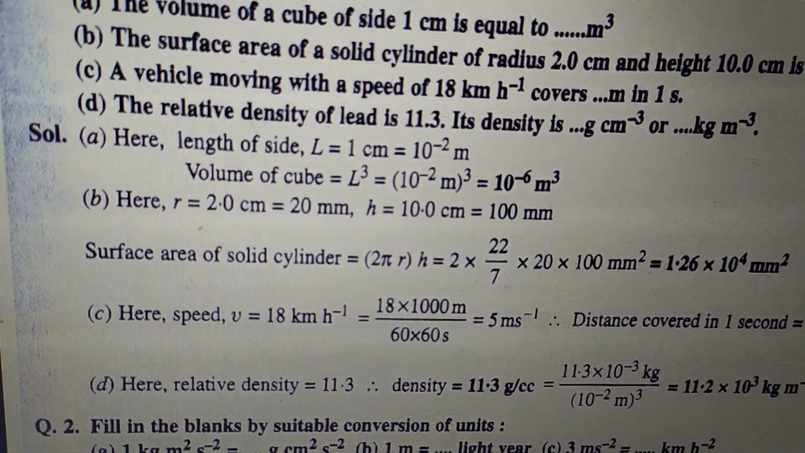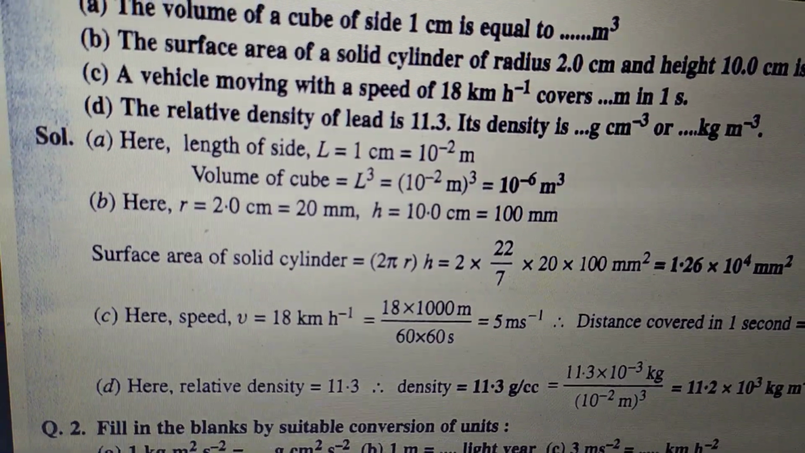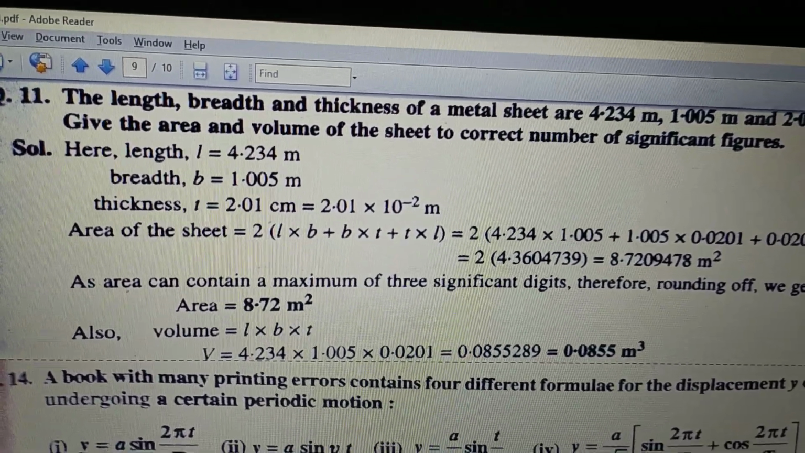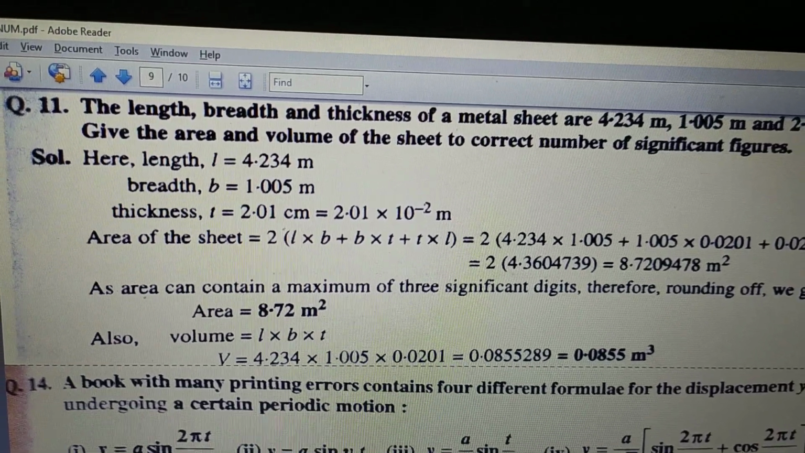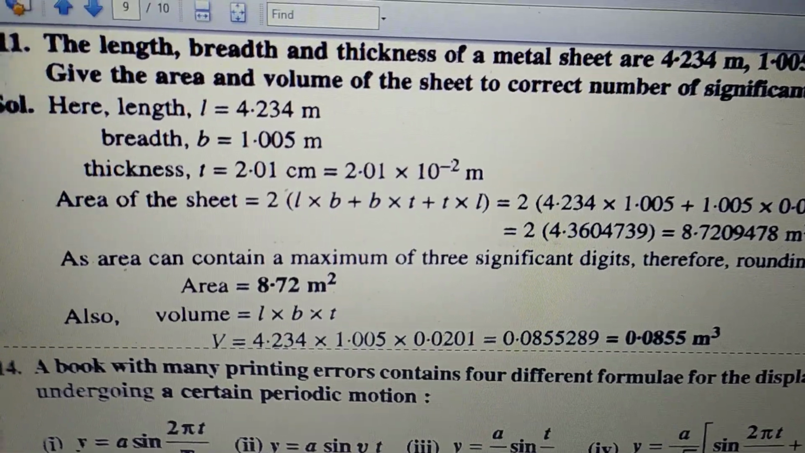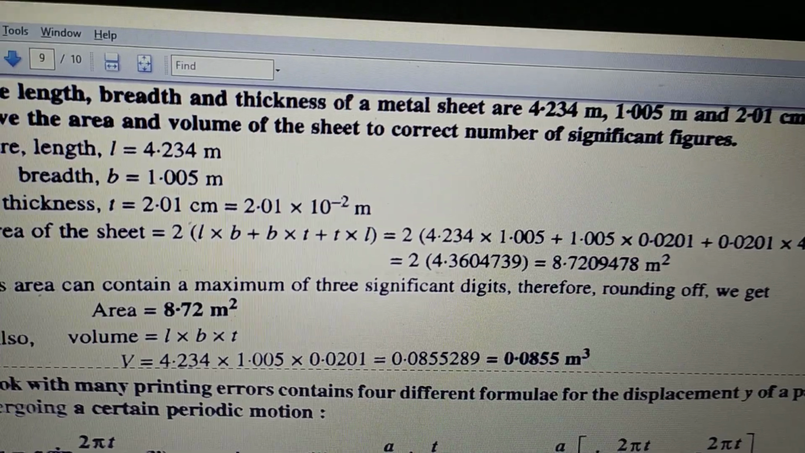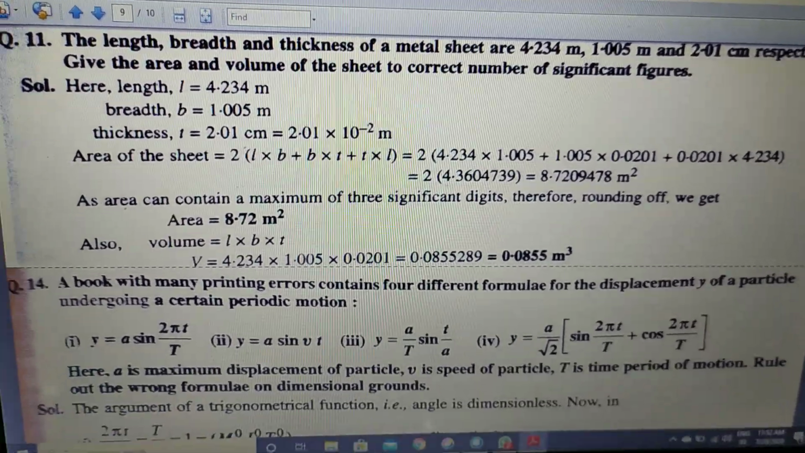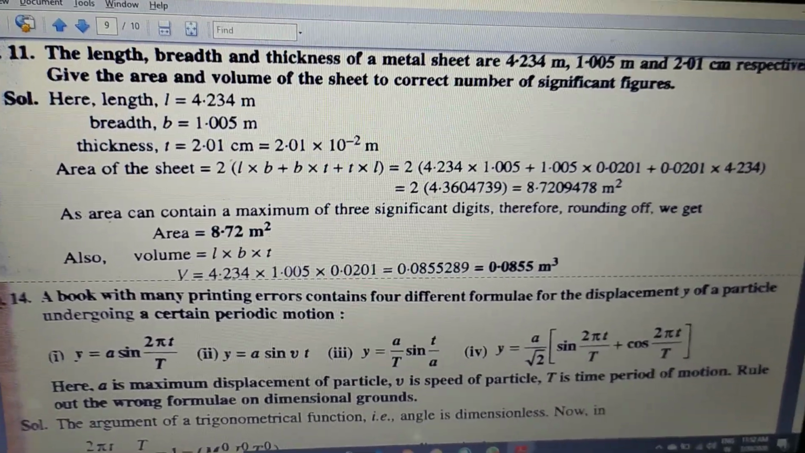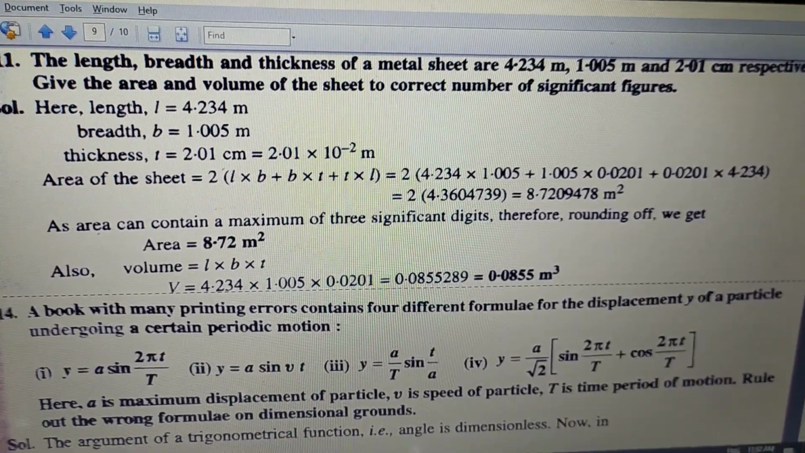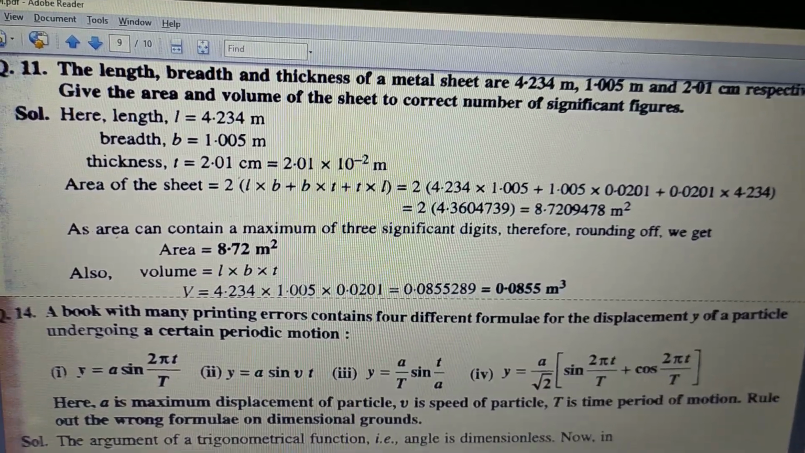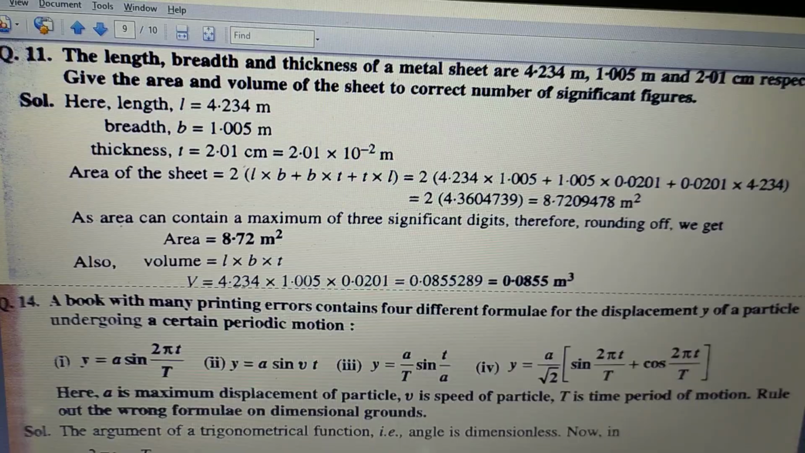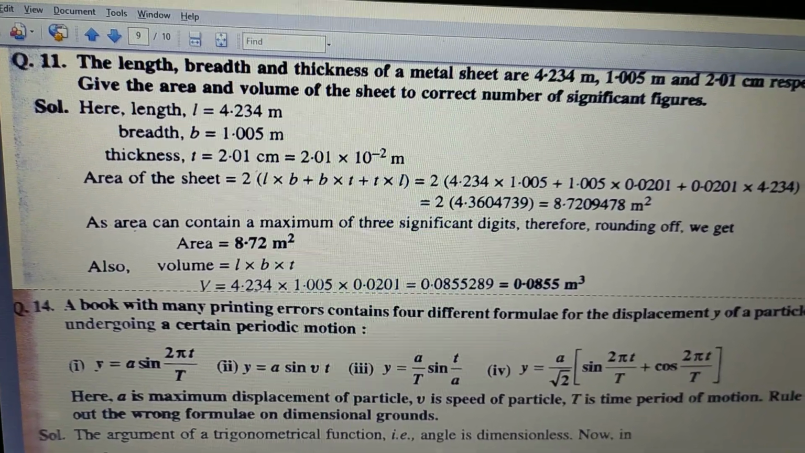Okay, so now let us move towards the second question. Now let us take the next question. What is the question saying? The length, breadth and thickness of a metal sheet are given as 4.234 and 1.005 meter, and the thickness is given as 2.01 centimeter respectively. Now what we have to find is the area and volume of the sheet to the correct